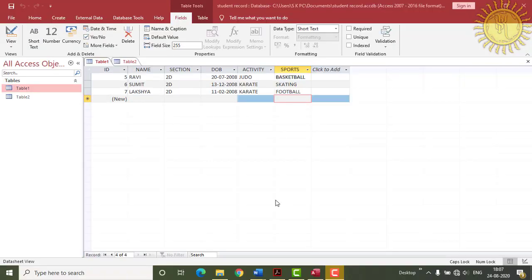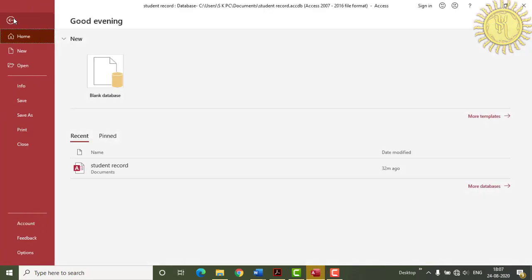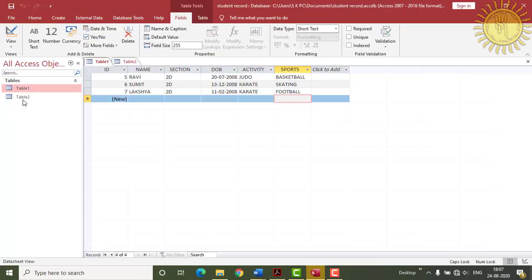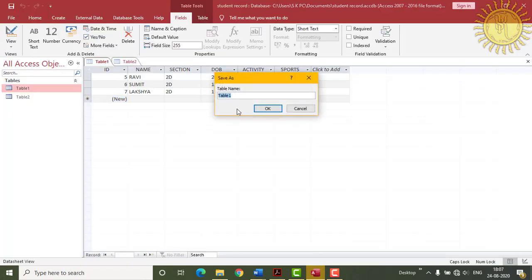Now the next is how to save a table. So to save a table, first you have to click on this file tab and go to the save option, and once this save as dialog box will open, here you have to type the table name.